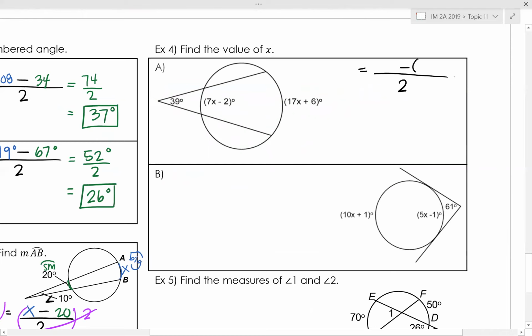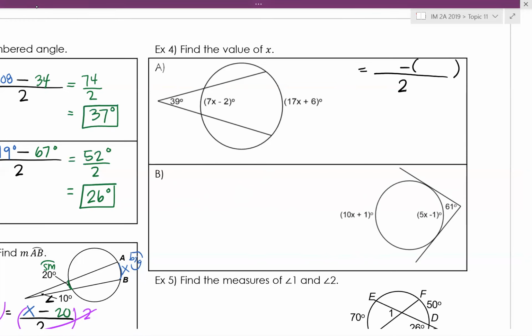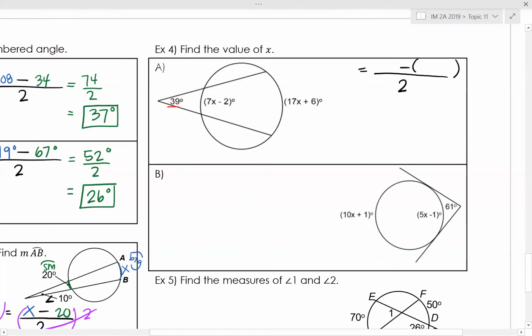Because we have expressions, one thing to remember is that we're probably going to have to put the second one in parentheses and use that to simplify. Technically, we could put the first one in parentheses too, but since there's nothing in front, that's kind of redundant. So the angle is 39 degrees. So 39 is equal to the big arc. So the big arc is this one, 17x plus 6, minus the small arc, which is 7x